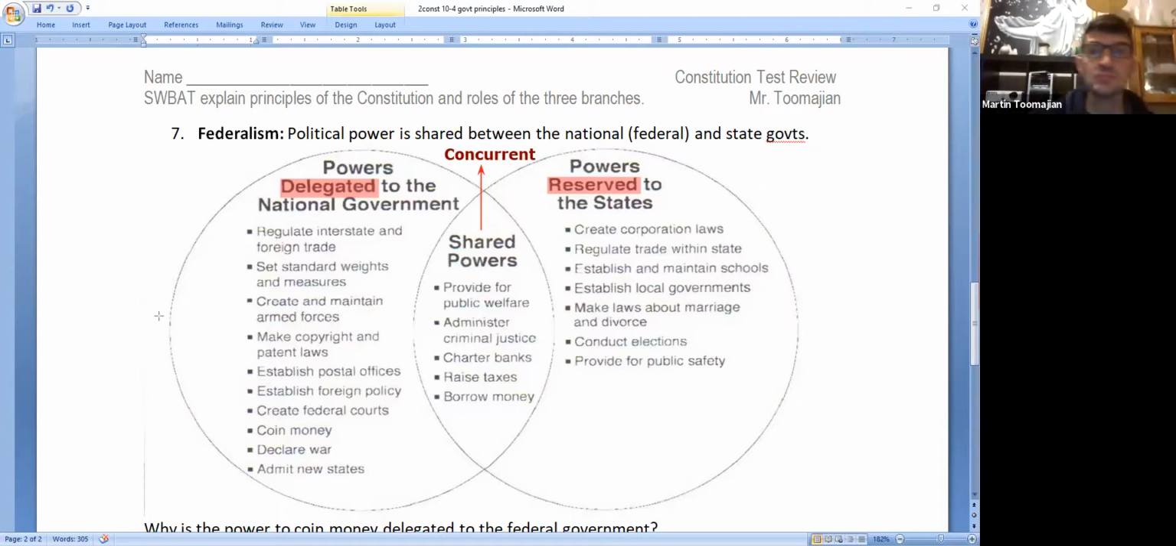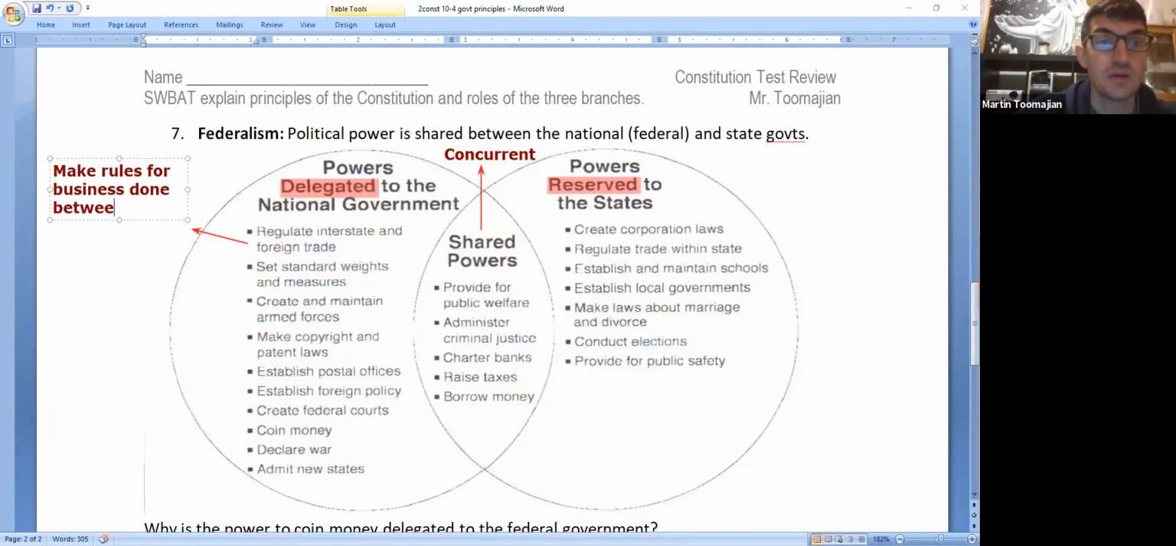All right. I'm just going to highlight a couple things here in each list, in part because people had questions about them when I taught this in person. So, regulating interstate and foreign trade. What does regulate interstate trade mean? Regulate means to make rules, and interstate means between the states. And trade means business. So make rules for business